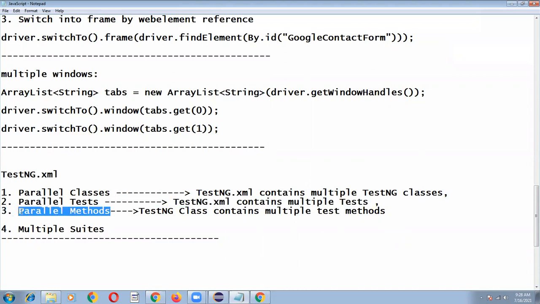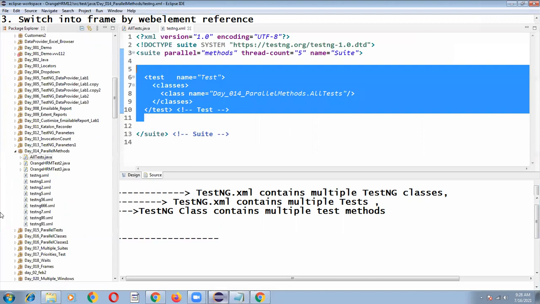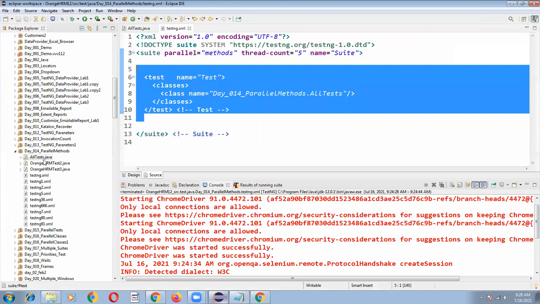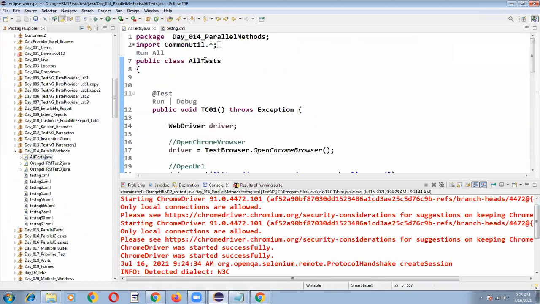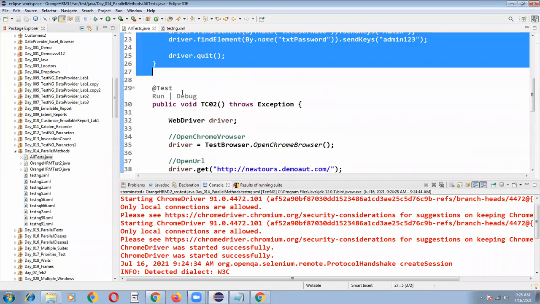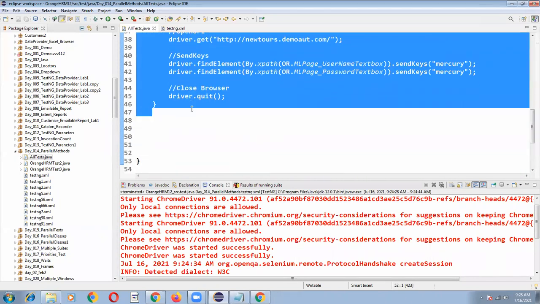Why do I have to go with the parallel methods only? You felt that is the simplest way, but I'm not feeling that it is the simplest way, because if I go with parallel methods, I have developed a class, public class AllTests, and I have to copy each and every piece of code manually. It is a lot of effort that I need to spend, and sometimes I can miss code.